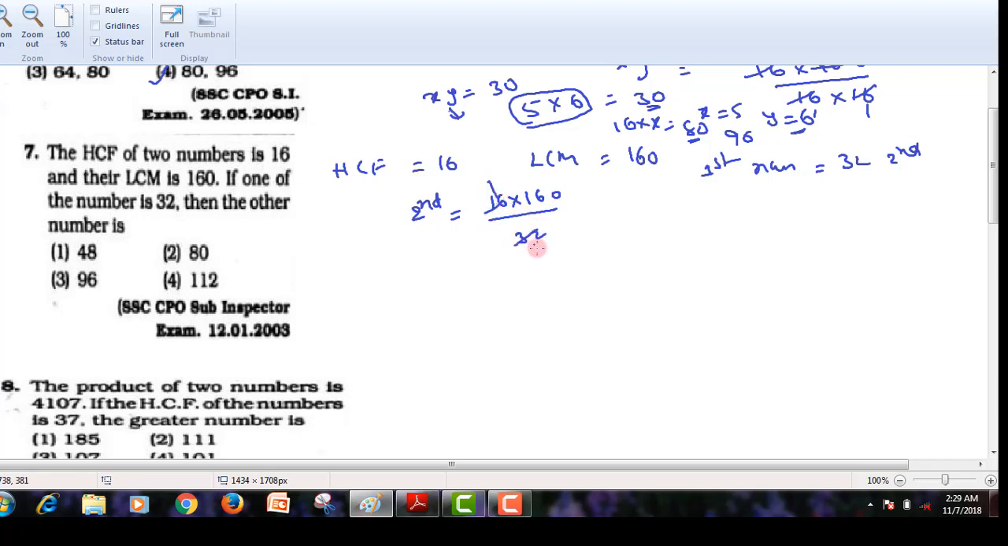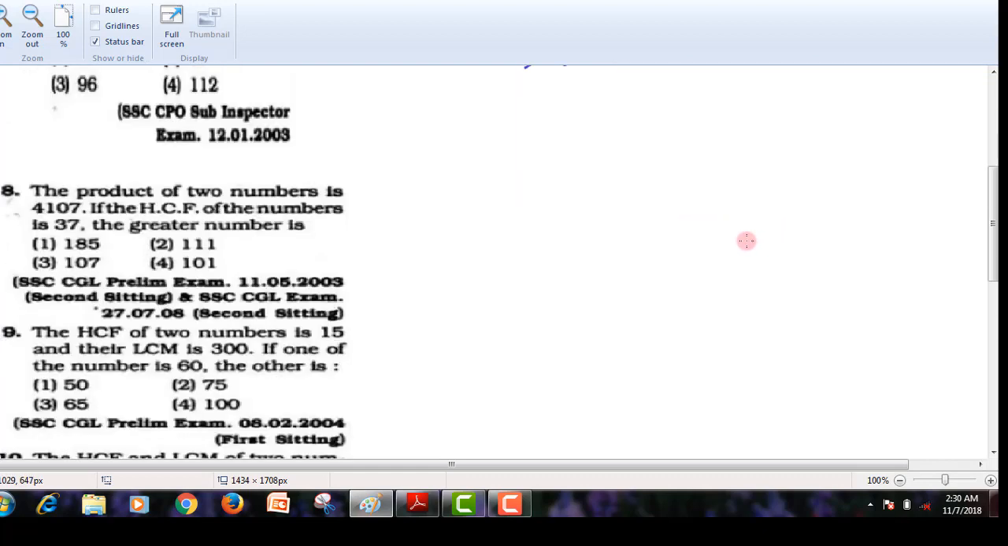16 ones are 16, 16 twos are 32, 2 ones are 2, 2 eights are 16. So you will get the second number as 80. That is the answer. Option number 2 is the answer for this. Let us see